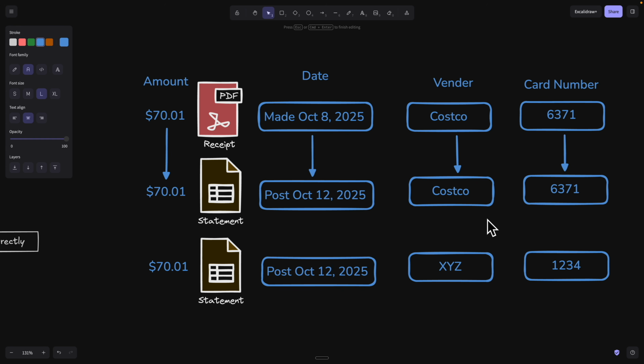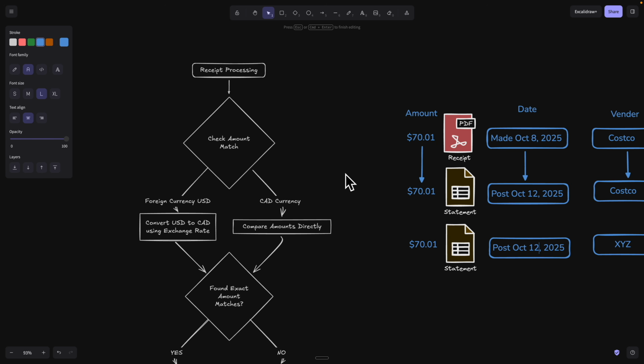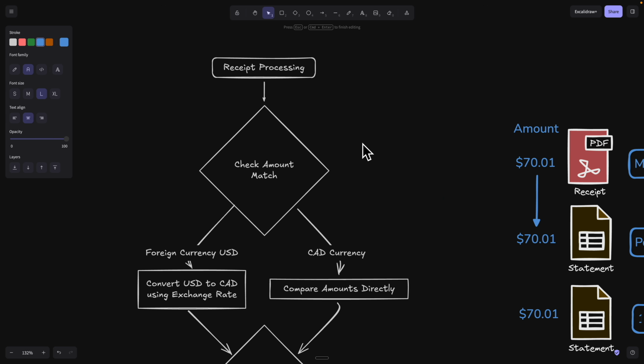So we actually use a score system that will evaluate not only that we want to find the closest date, but we also want to find the receipt, or in this case a transaction, that matches the same vendor and the same card number, which will give us the highest accuracy for matching the receipt with the right transaction. I hope you follow along so far, but if you don't, that's fine. I'll just show you exactly this flow logic on how we match each receipt that we have to the